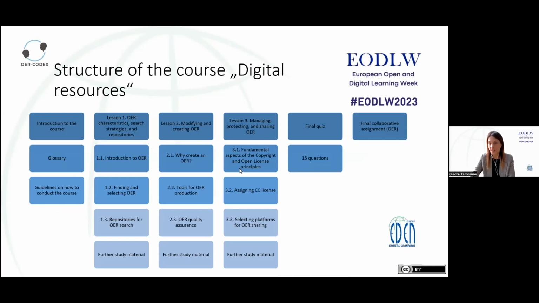As you can see in the slide, the course consists of an introductory part, a glossary with key concepts, and 3 lessons that have subunits. Each lesson covers theoretical materials presented in textual or video format, a concise summary of theoretical materials presented in PowerPoint slides, as well as a self-assessment quiz, and materials for self-study to help deepen your knowledge.